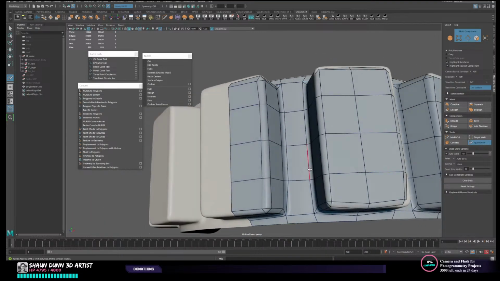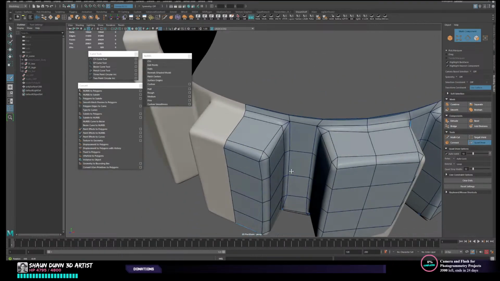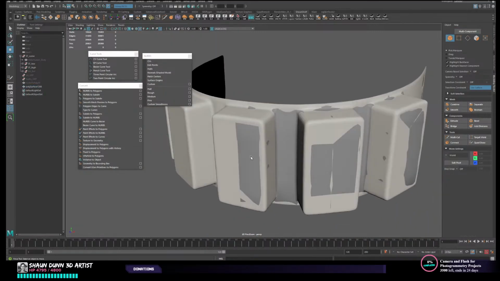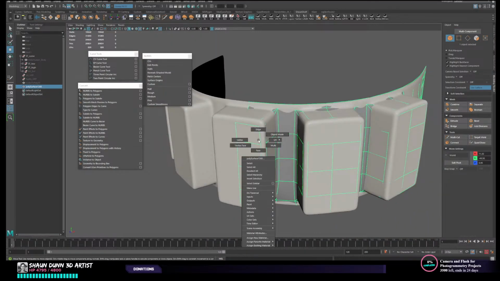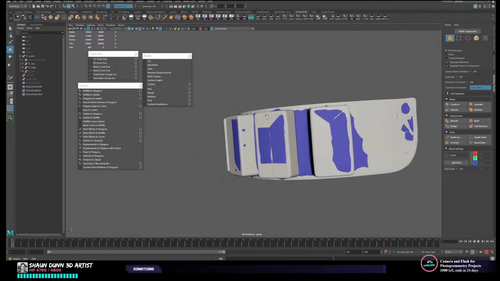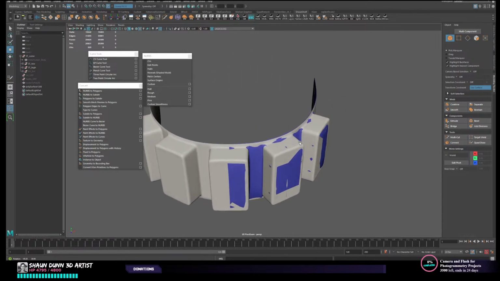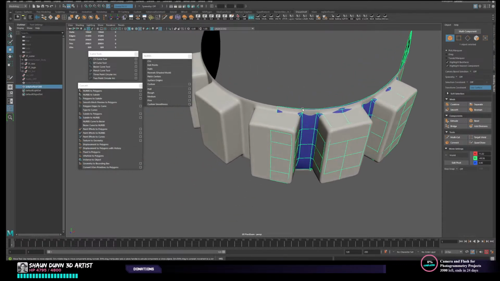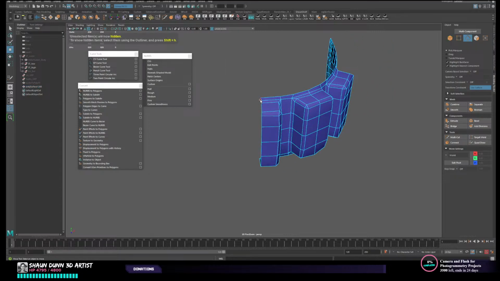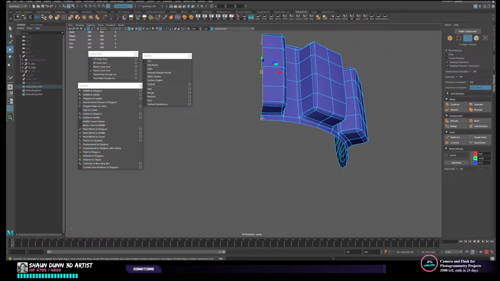Cool. You're kind of trying to find like the medium between the high res and the low res. Like you should see the low res like right above the high res. So if I put this material on, it should be hovering right through like that, and you know it's right where it needs to be. Okay, so now we are good, and I'm gonna mirror this, but first let's move these edges to 0